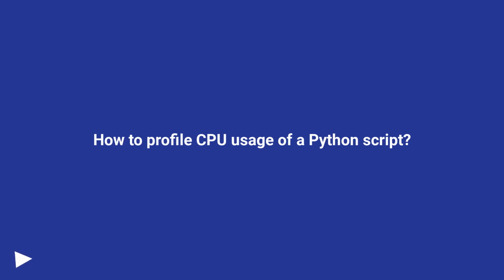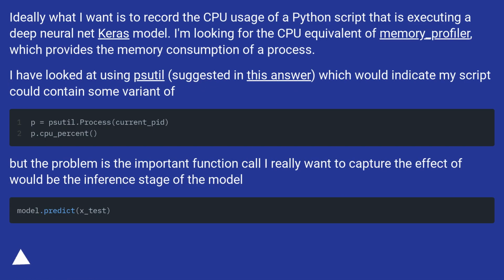How to profile CPU usage of a Python script. Ideally, what I want is to record the CPU usage of a Python script that is executing a deep neural net Keras model. I'm looking for the CPU equivalent of memory_profiler, which provides the memory consumption of a